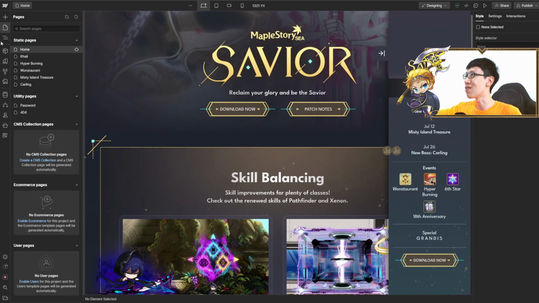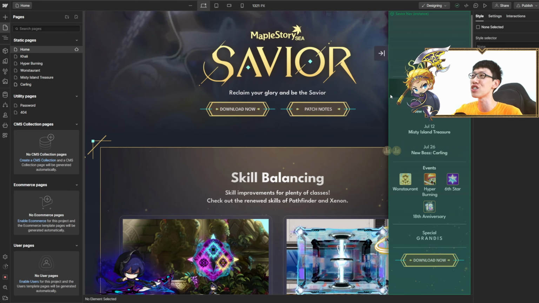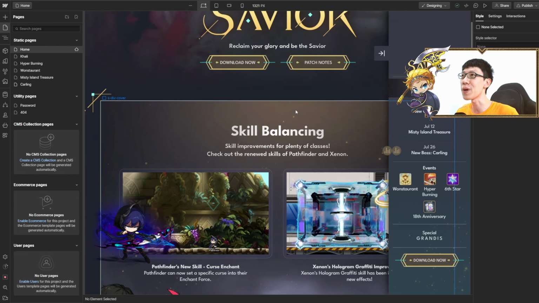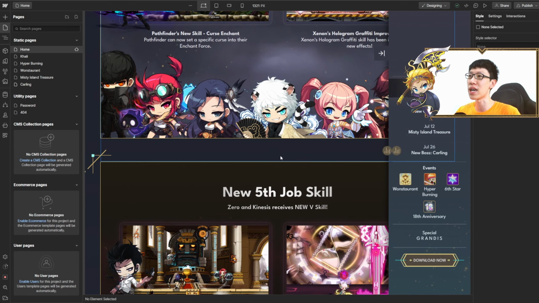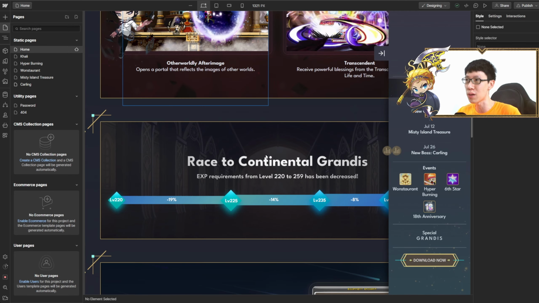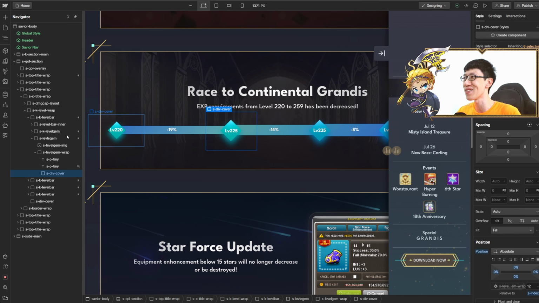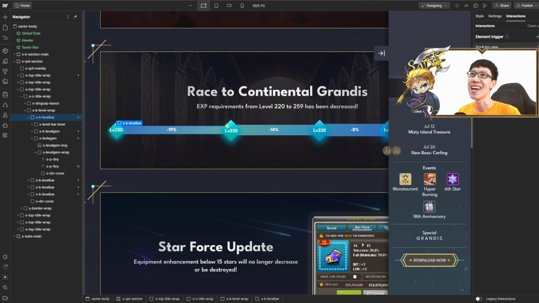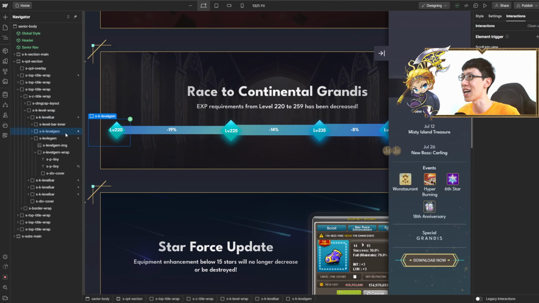Now, how many pages are there? 1, 2, 3, 4, 5, 6. 6 pages there. The main page will be the quality of life changes, skill balancing, new 5th job skills and everything. Some of you might be wondering how I do this. It's actually an interaction at the top. As you can see, I just slide it out, I add a delay, and that's it.